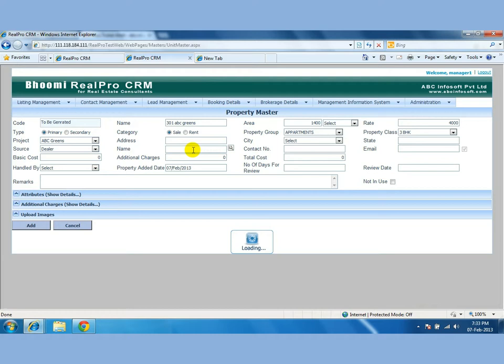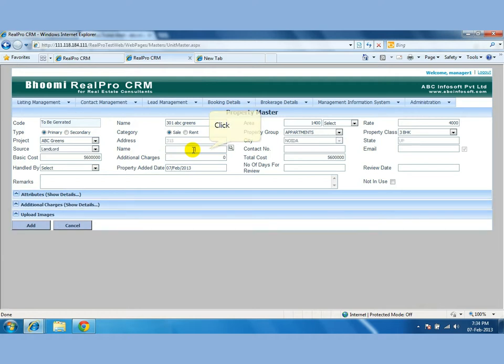Property is available through landlord or dealer. Name of the landlord or the name of the dealer here. The contact number of the dealer can also be entered here. The email address. It will give you the basic cost and then property handled by.